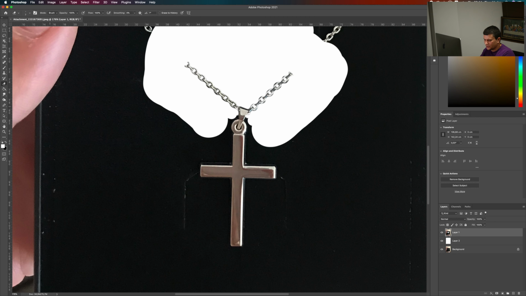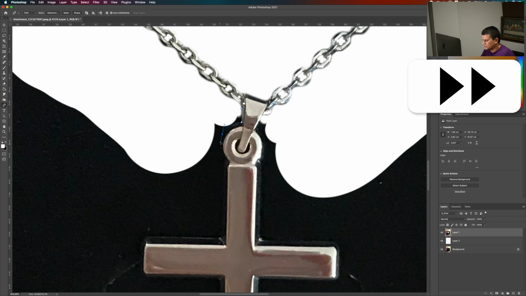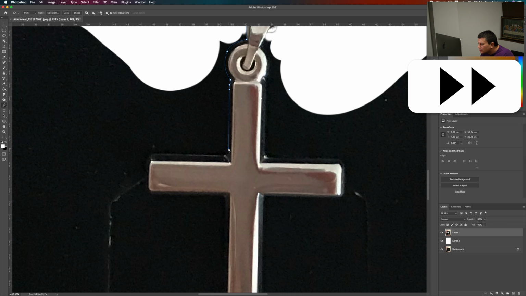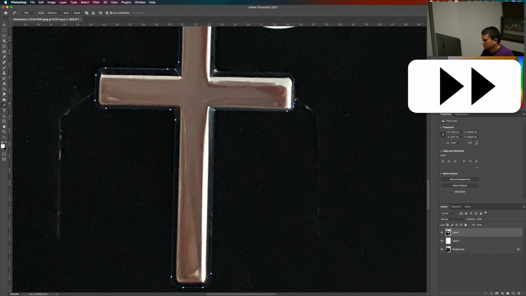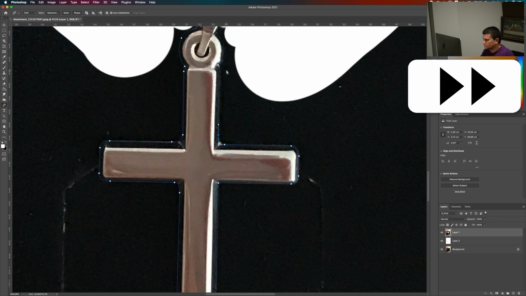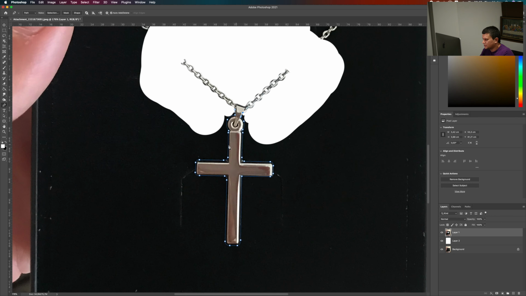Now select the pen tool, and we will make a selection of the cross. Now we need to erase the outer part like here, so we will make the selection like this.